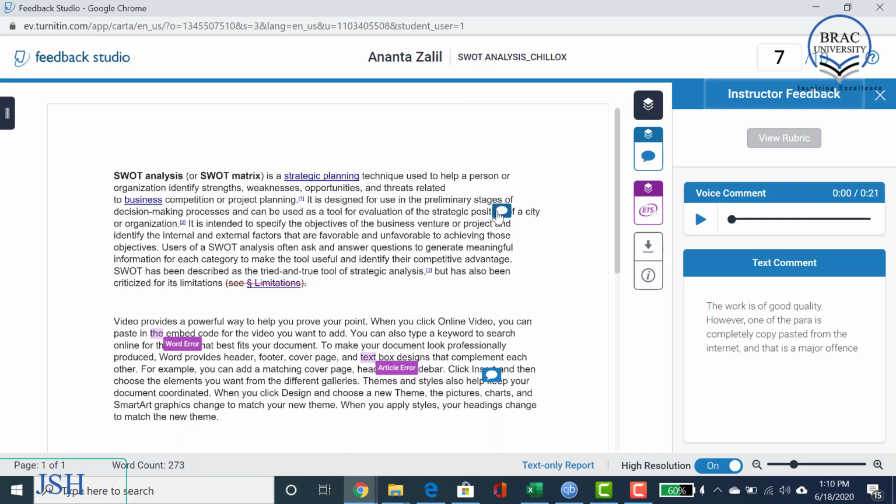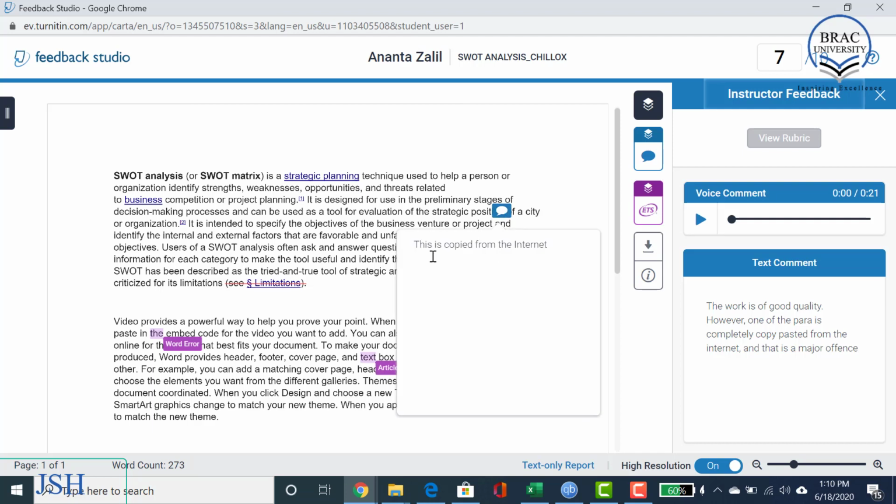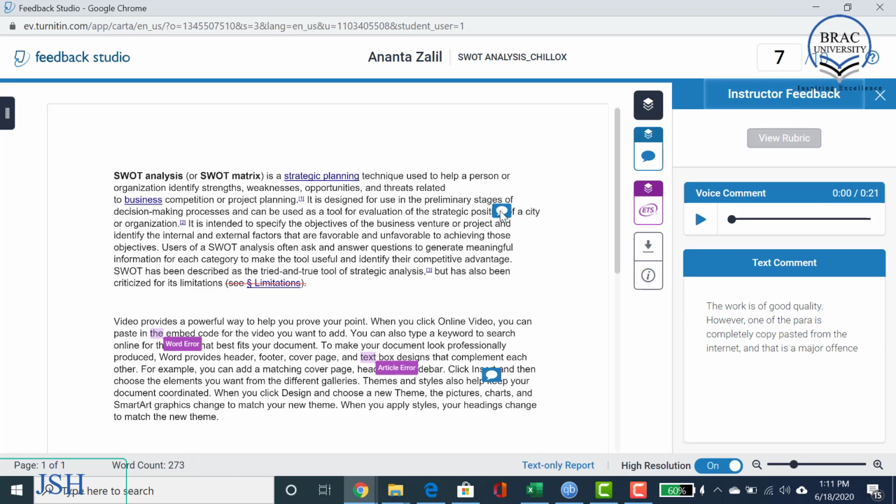So these blue speech bubbles are individual comments on specific areas of your assignment. Here is one and there is another one. If you hover your cursor around and then click on these bubbles, you will see the individual comments. As it is written here, this is copied from the internet. So this whole paragraph is copied from the internet and your instructor has specifically mentioned it in a comment, right? Once you are done reading, just click on the speech bubble again, and it will be gone,